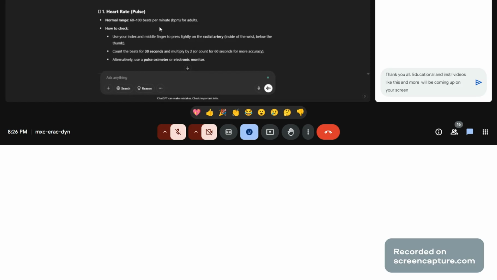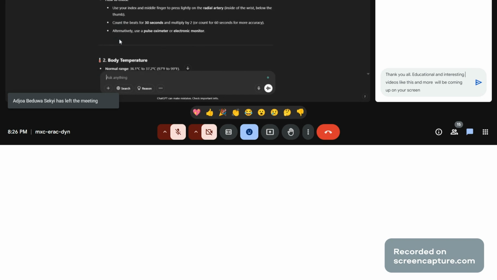Okay, so you can see it here. They are saying that the normal rate of a patient for adults should be 60 to 100 beats per minute. You can check by using your index and middle finger to press lightly on the radial artery inside of the wrist below the thumb.